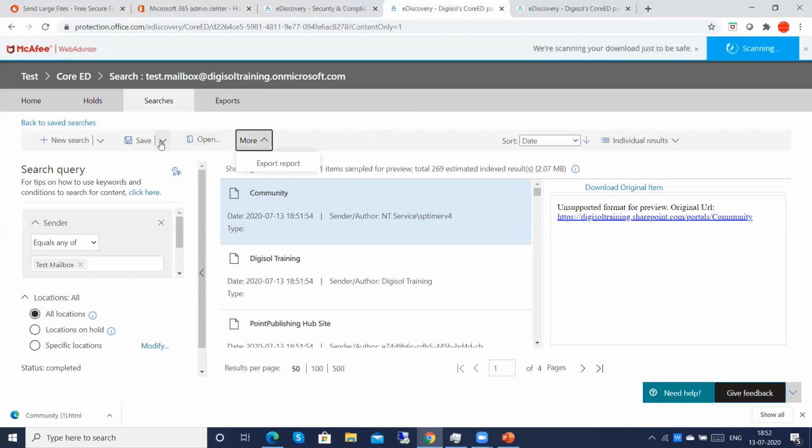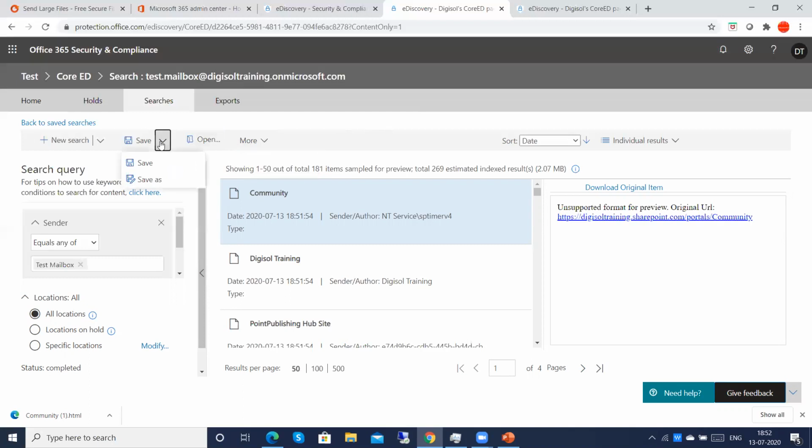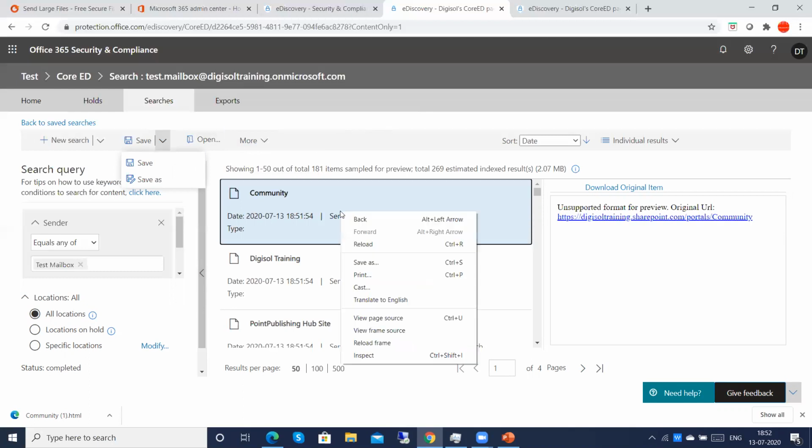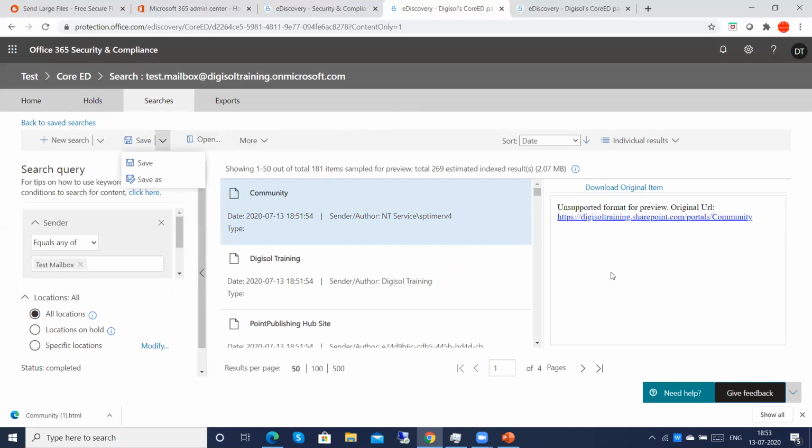So this content can be saved, or we can save it as a PST. That is possible. So this is the way we can do e-discovery for any specific mailbox. These are the steps we have to follow.